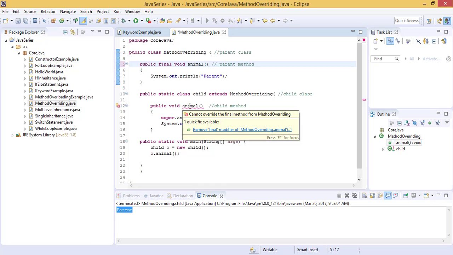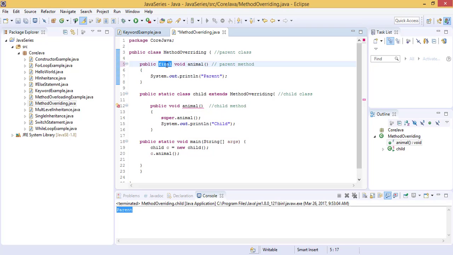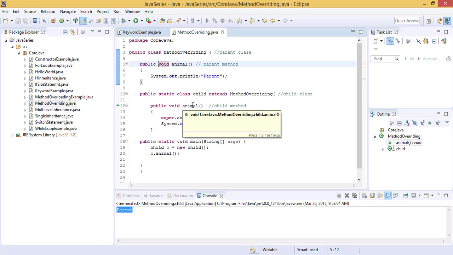It says cannot override the final method from method overriding, which is my parent class. The fix it gives is remove final modifier of method overriding dot animal. It is saying that we should remove this final keyword from here, then it will work fine. As you can see, as soon as we remove the final keyword, the error has gone, right?